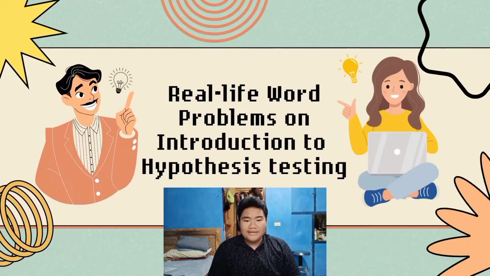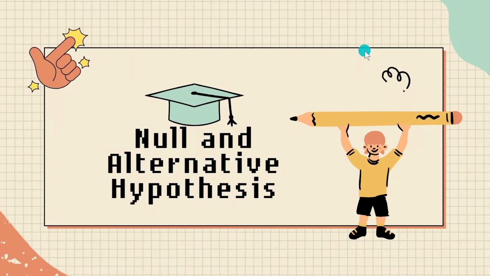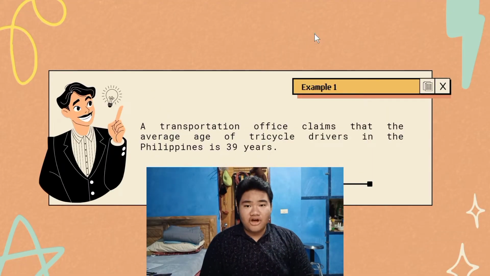I'm going to present to you real life word problems which are applicable to two different subjects: Introduction to Hypothesis Testing and Interpreting the Scatterplot. The start of the presentation will be real life word problems on the Introduction to Hypothesis Testing. Null and alternative hypothesis. First example, a transportation office claims that the average age of tricycle drivers in the Philippines